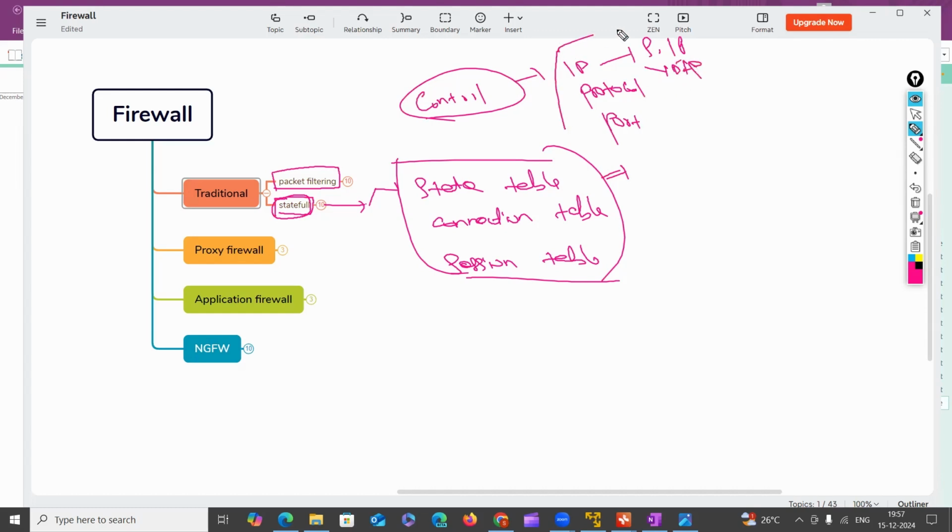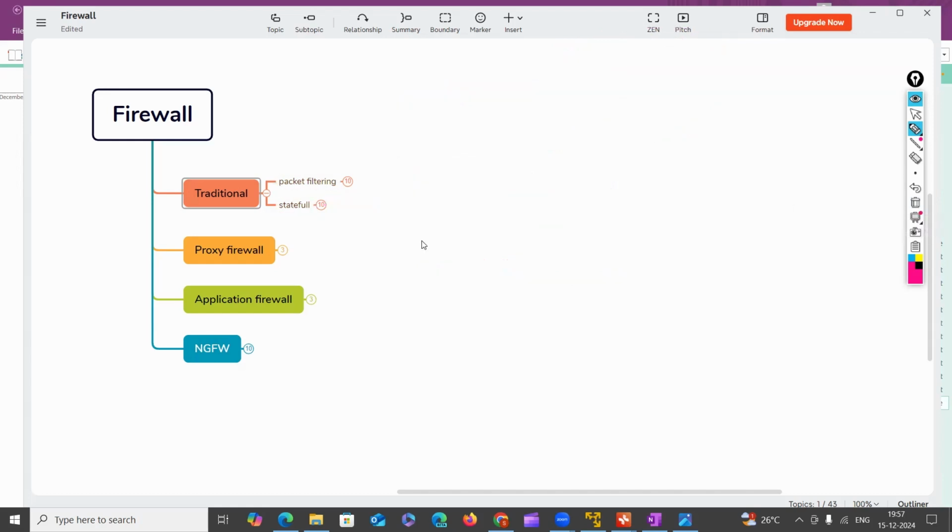Only layer 3 and layer 4 filters will be applicable, and traffic will be denied. If your firewall is doing that, it is called a stateless firewall, or a packet filtering firewall. So the traditional firewalling methodology is implemented in two ways. One is the packet filtering firewall, which is nothing but your normal routing devices, in your Cisco router or Juniper router or in your home